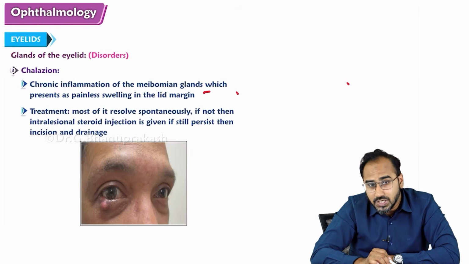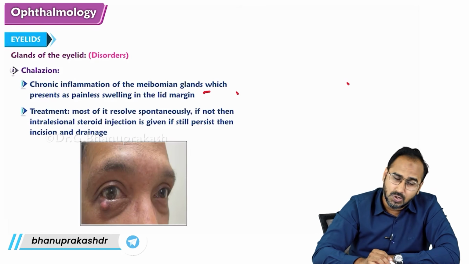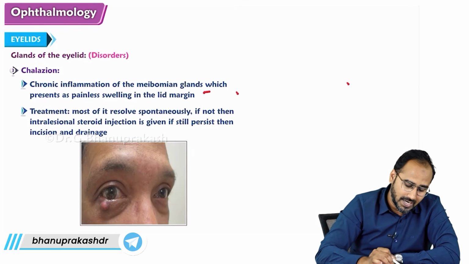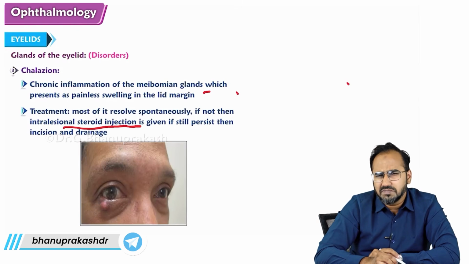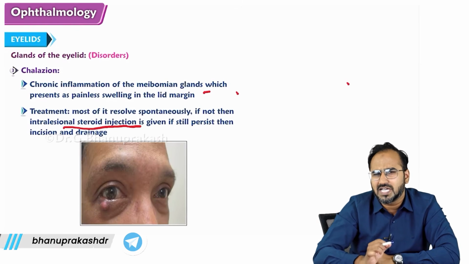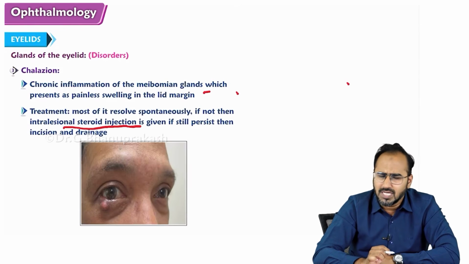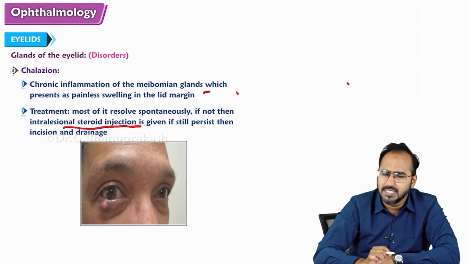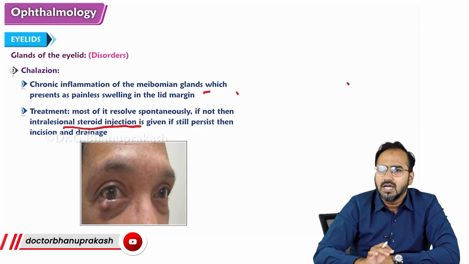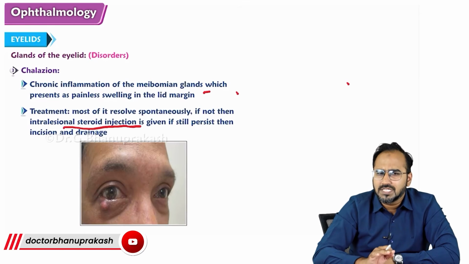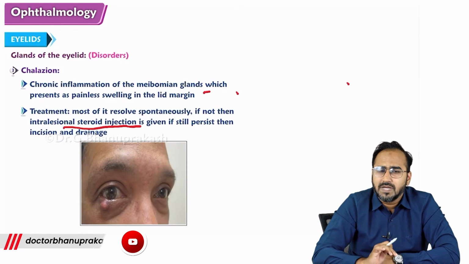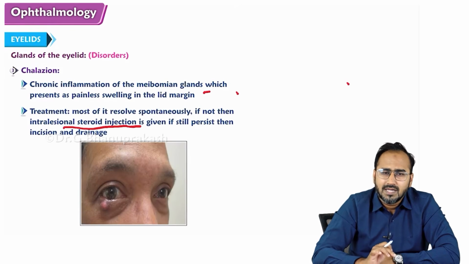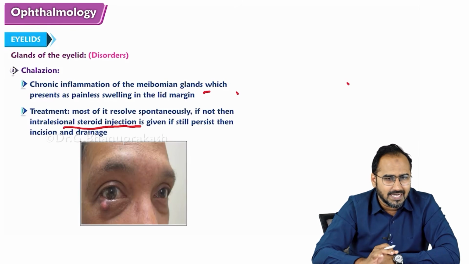But still, if it is not resolving, then you can give an intralesional steroidal injection. Or sometimes you might see some cystic content develop in the chalazion. There you have to go for I and D, incision and drainage. But remember, in 90% of the cases of chalazion, the main management is what, guys? What is the main management that we do? Come on. It is that it